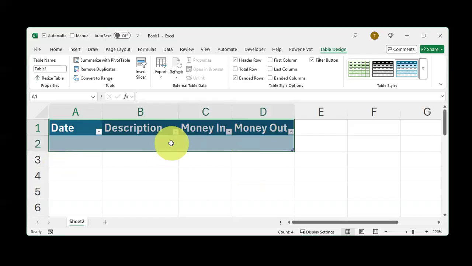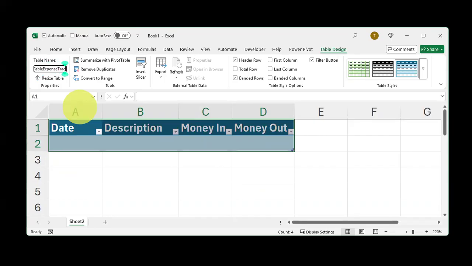Before continuing, remember to change the table name. Currently, it says Table 1. Usually, it goes by the number, could be table 1, 2, 3, or some other numbers. And we change the name. My recommendation is to start the table name with the word table. Later on, I will explain why. So this is table, maybe this is